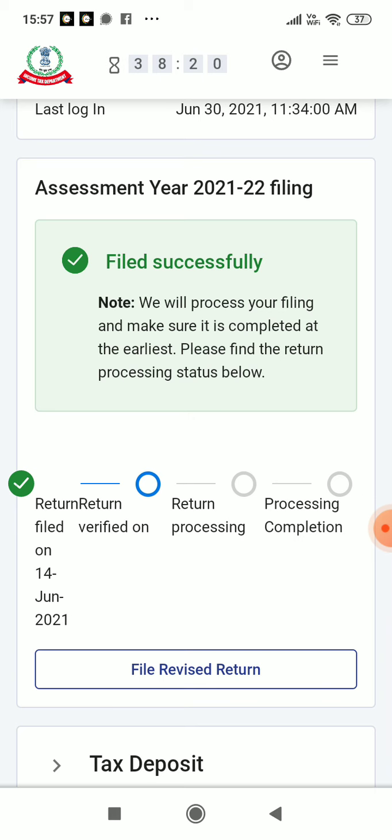In the daytime you will get this error message: "Something went wrong, please try again later." If you get this error message, don't worry, just try again. You will not have to fill in everything from the first. Automatically, once you close the browser it will save. Once you log in, you can go to the final page; it will ask whether you want to continue with the information already given. If you say continue, it will go to the last page. So don't worry, your data will not be lost, it will be saved automatically.